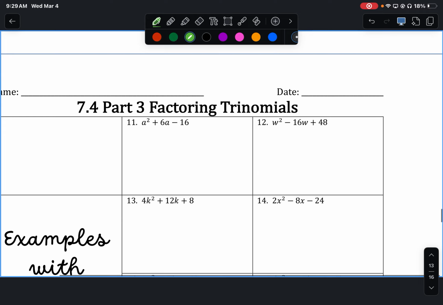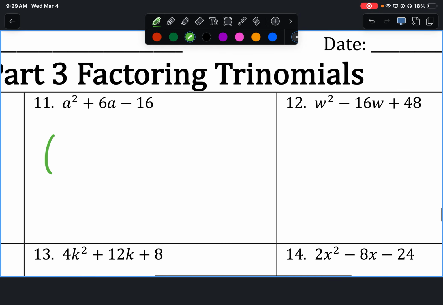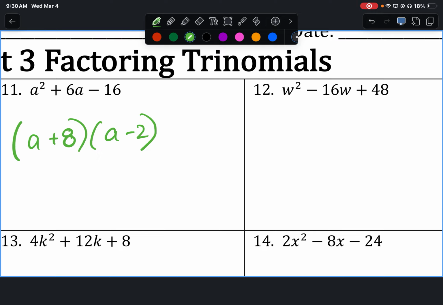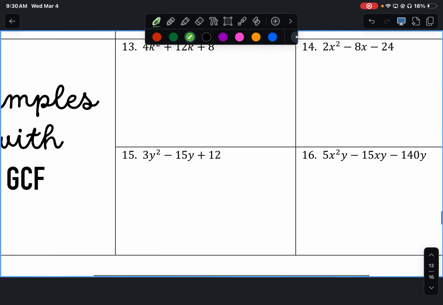We're also not going to go over question 11 and 12 right now, but I will tell you the answer if you want to do it and check yourself later. So question 11 is a plus 8 times a minus 2. And for number 12, it is w minus 12 times w minus 4. That's right. All right. So we're going to go ahead, though, and look at this bottom section,